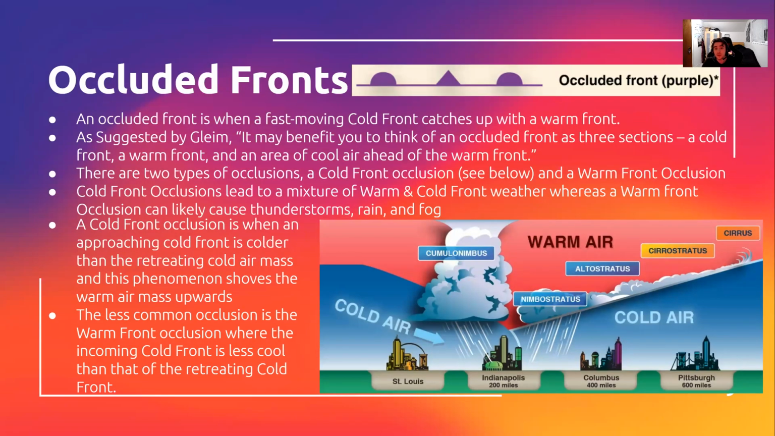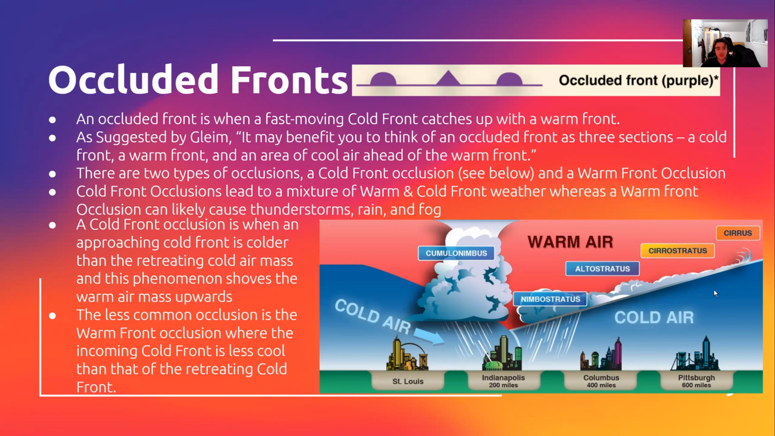Occluded fronts. They are depicted on surface analysis charts as purple semicircles and purple triangles. An occluded front is when a fast-moving cold front catches up with a warm front. And you can see all this information in the diagram below. On the left side, we have the fast-moving cold front, which is catching up to the warm front that's laying on top of this